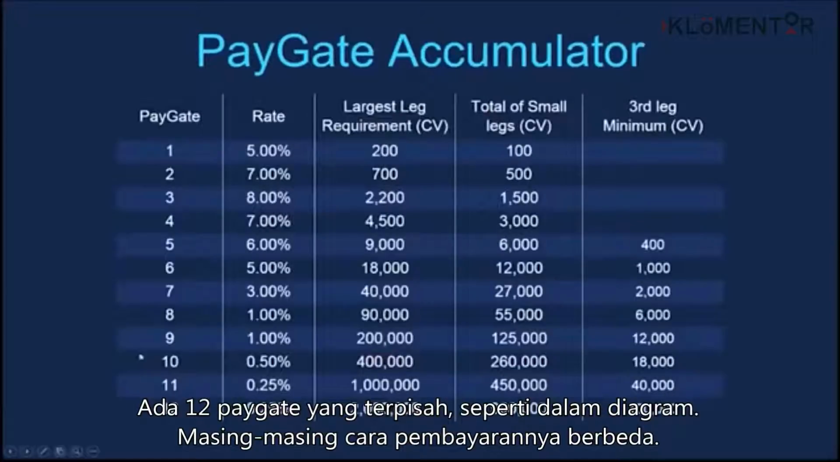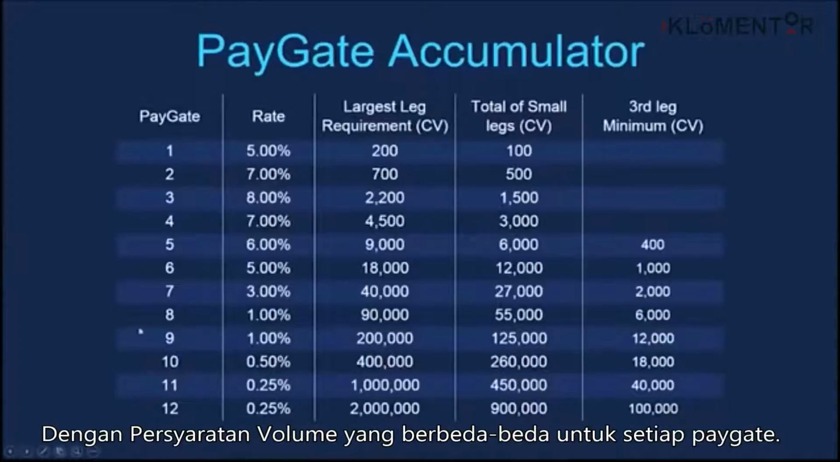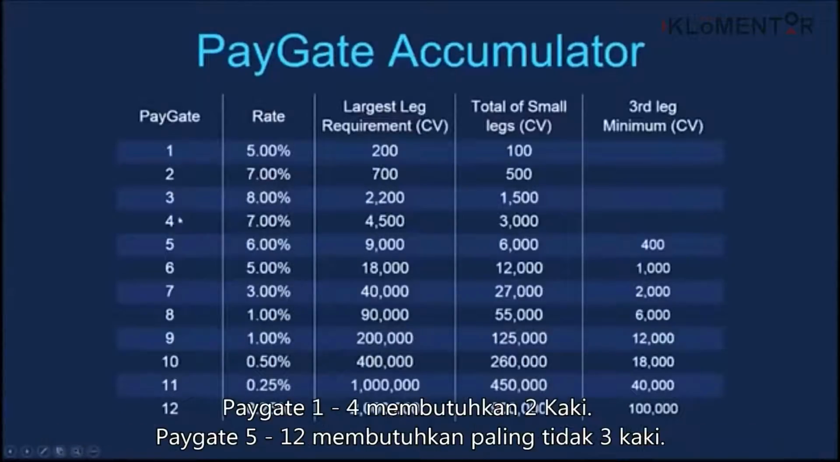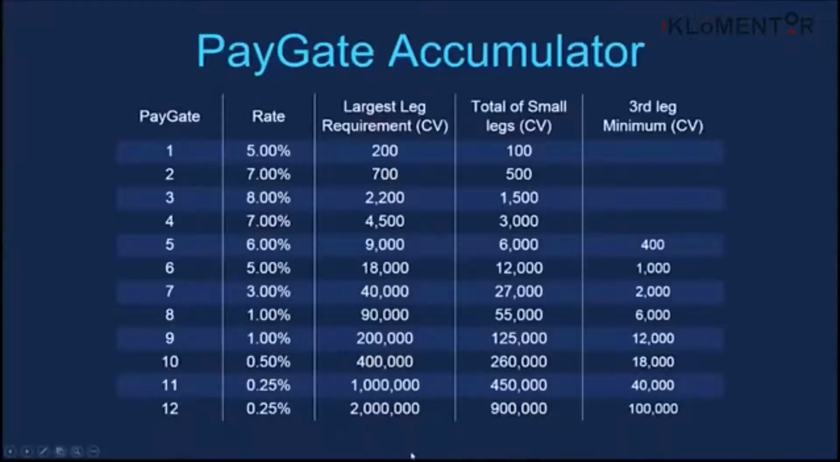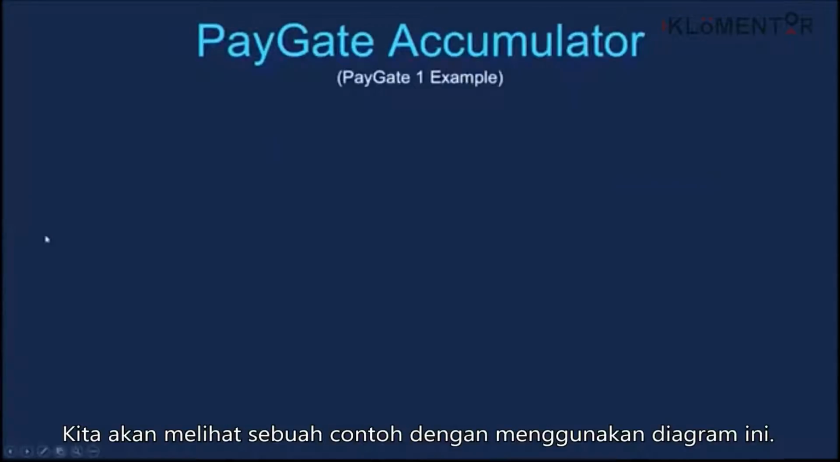You can see on the chart there are different rates at which each Paygate pays out, and there's a different volume requirement for each Paygate. Paygates 1 through 4 require 2 legs. Paygates 5 through 12 require at least 3 legs. So we're going to move into an example